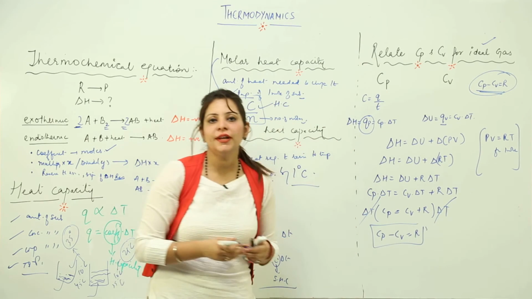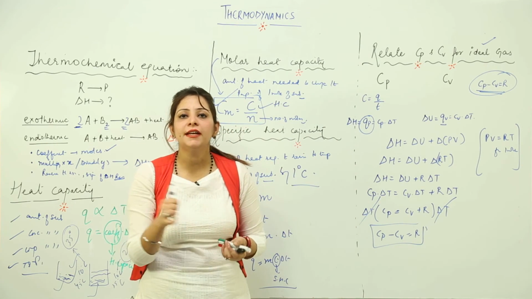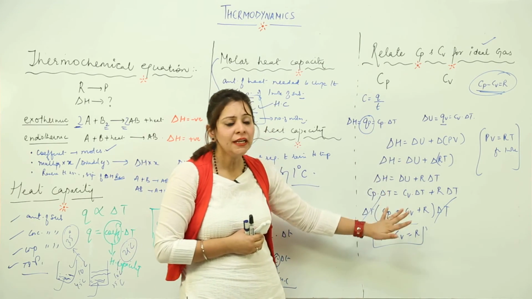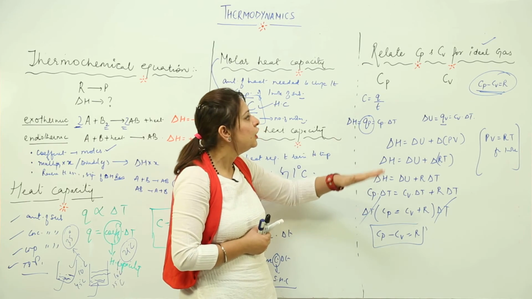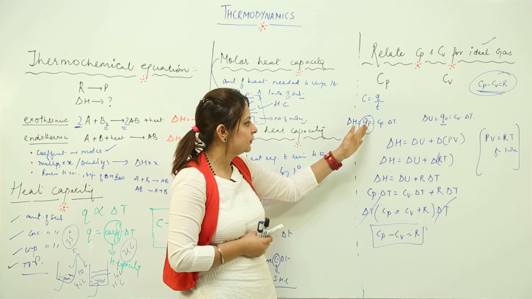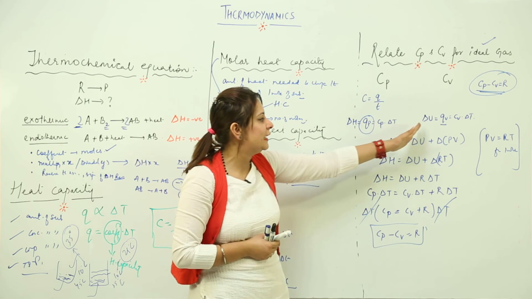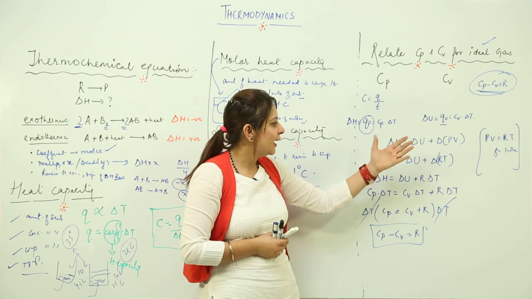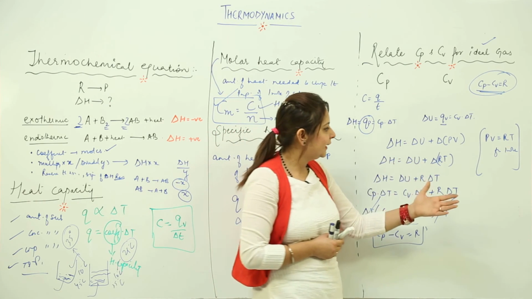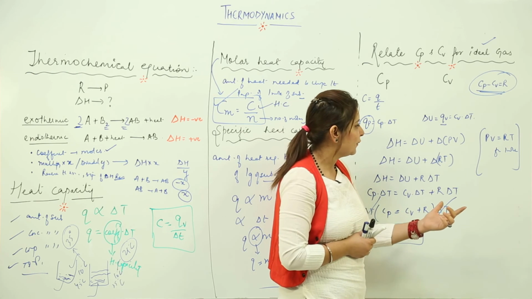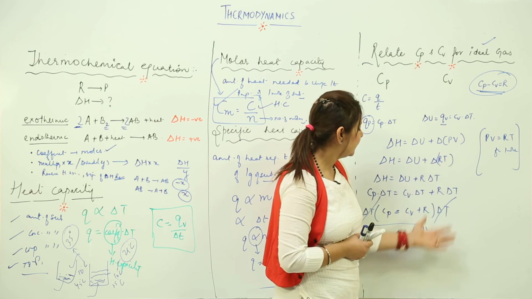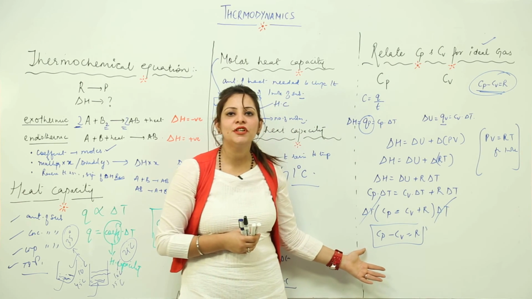So this is the relation by which you can relate the heat capacity at constant pressure with the heat capacity at constant volume. I think you got it. We know that we have Cp and Cv, and moreover delta H is equal to Qp and delta U is equal to Qv. So I just used the formula for enthalpy and went on solving. An important thing to keep in mind is that I put PV as RT. When you put that, you definitely get the result Cp minus Cv is equal to R.